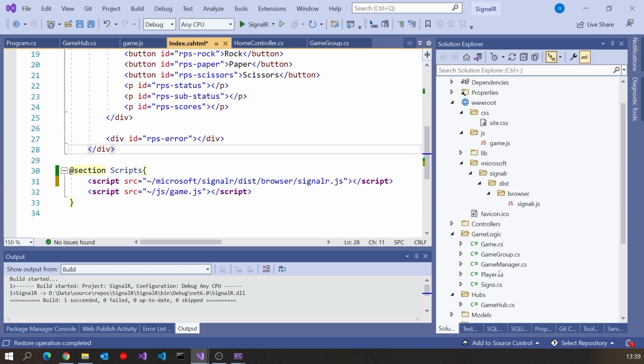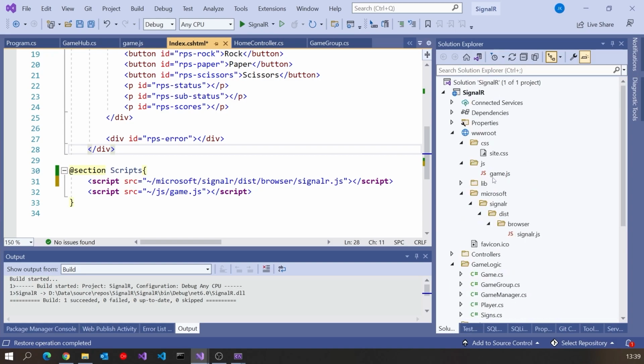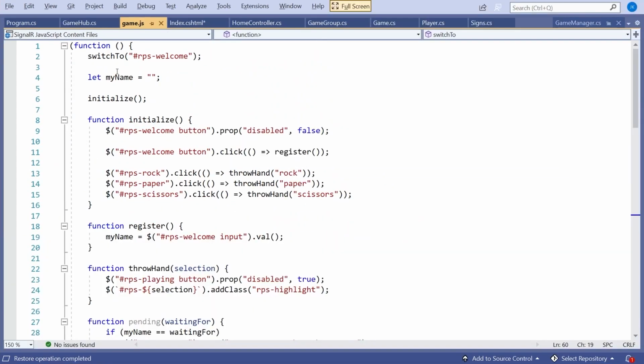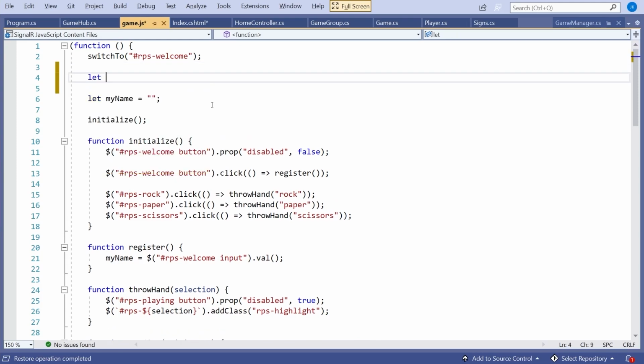So that will make use of the library, and then all we've got to do is hook that up into our actual game.js. So the very first thing we're going to have to do, we're going to say let, and then we're going to have a connection, which is our connection back to the server.